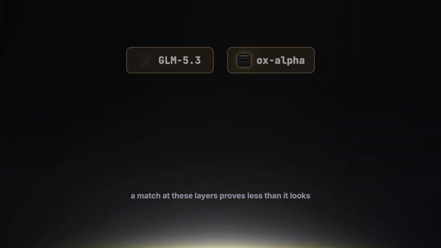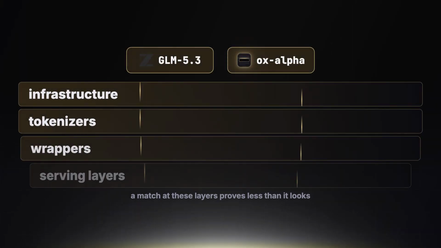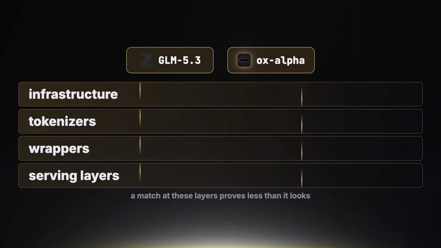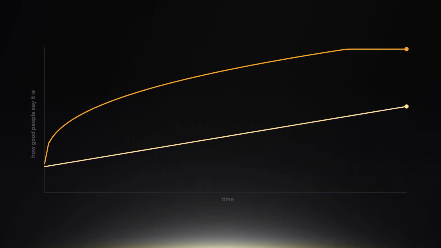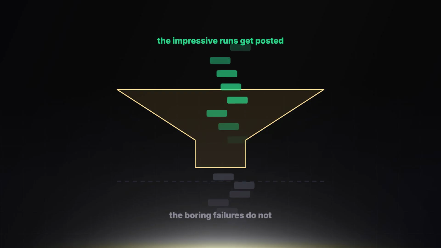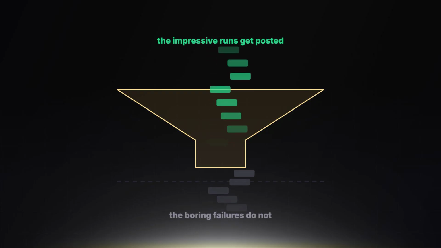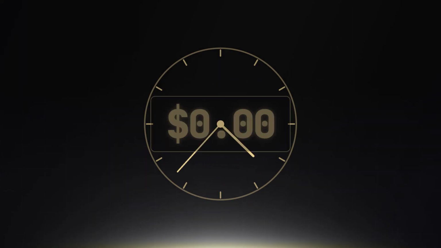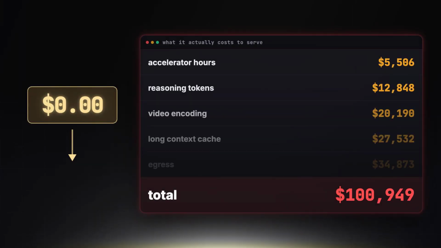Could the GLM theory be wrong? Yes. Tokenizer clues can mislead outsiders, serving layers, shared infrastructure, and wrappers can make clean identification harder than people want it to be. Could the model be worse than the hype also? Yes. Early mystery models benefit from selection bias. People post the impressive runs, they do not always post the boring failures. Could the free preview disappear or become expensive? Almost certainly. You do not serve frontier scale reasoning forever at $0 because the internet has good manners.